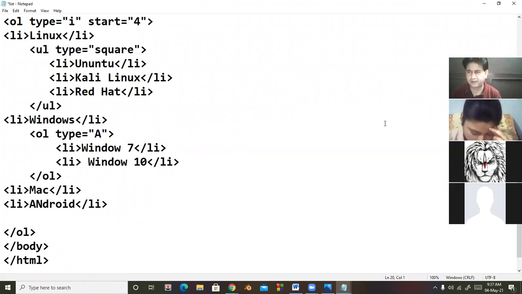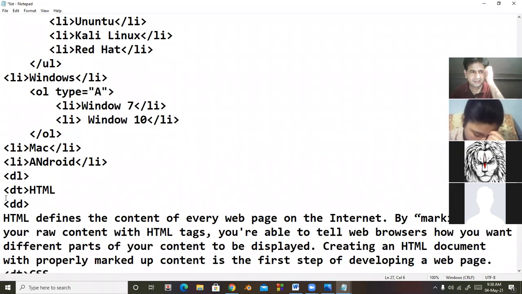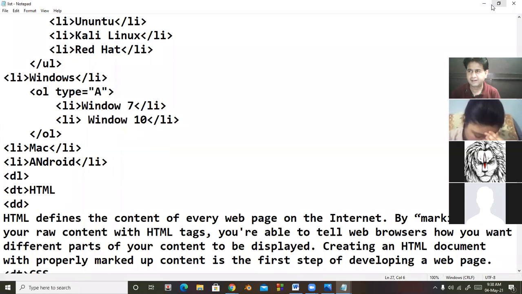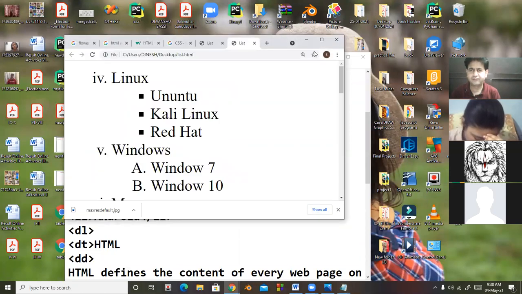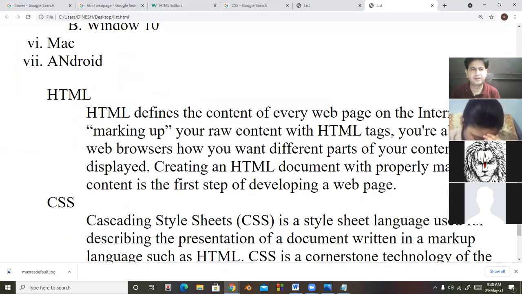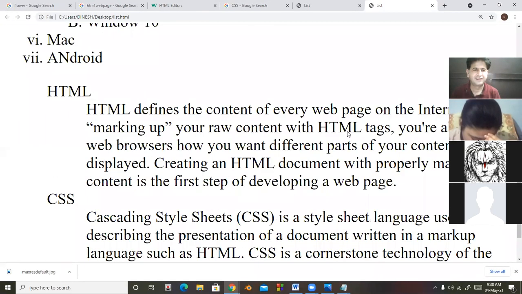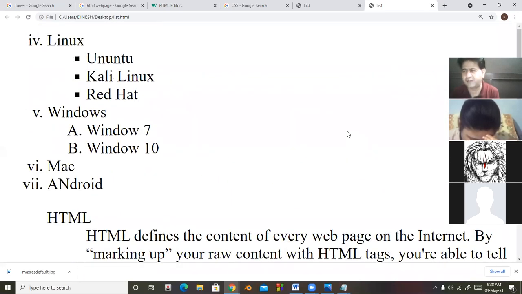So before closing, I'm again giving one list. So look at here, I'm saving this. So look at here. This is nested. So if you have any doubt, raise your hands, beta.